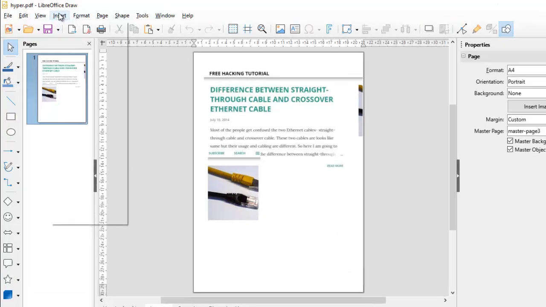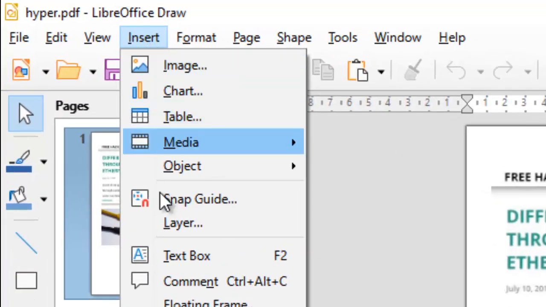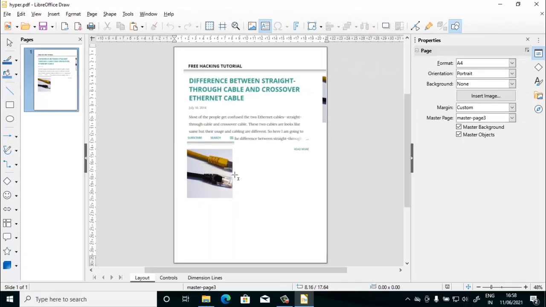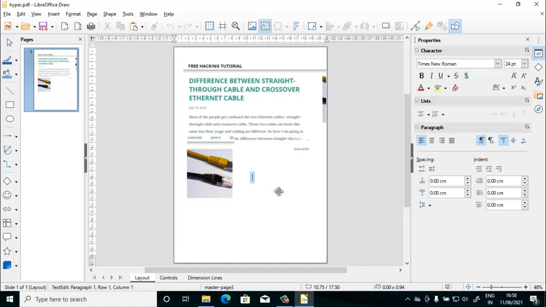Click on insert and select text box to insert a text for adding clickable links. You can add your website to make clickable, or you can add any text here like click here, or any text you can add here and make it as clickable. So now I'll type here